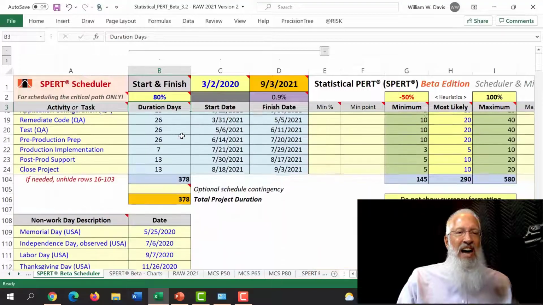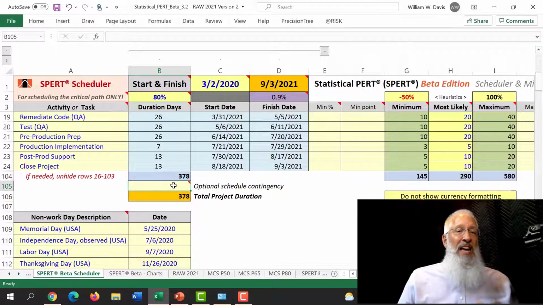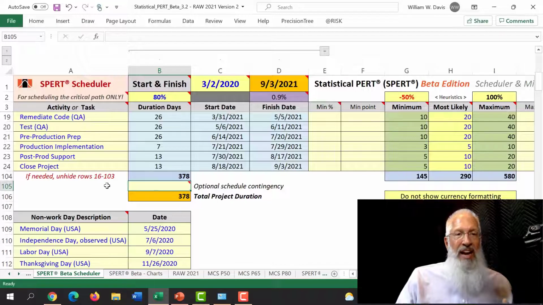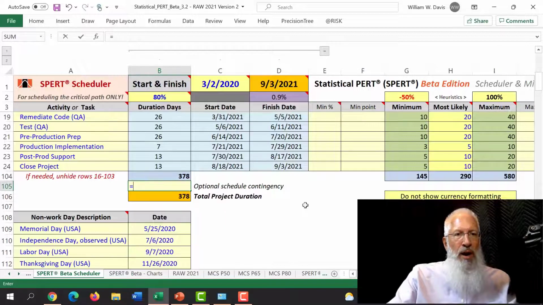I need to add a schedule buffer. How much buffer should I add? Well, at the end of the presentation, I will point you to a model called Soothsayer that will help you calculate a right-side schedule buffer. But here's a heuristic you can use with a probabilistic schedule where all of the activities are planned at 80% reliability. Take the total number of duration days, which in this case is 378. That's the value in cell B104, and I'm going to round this